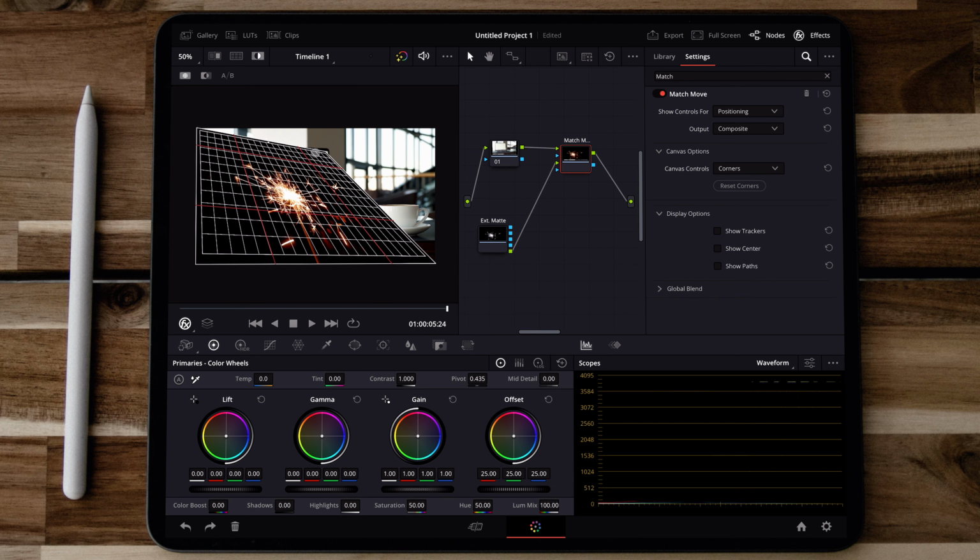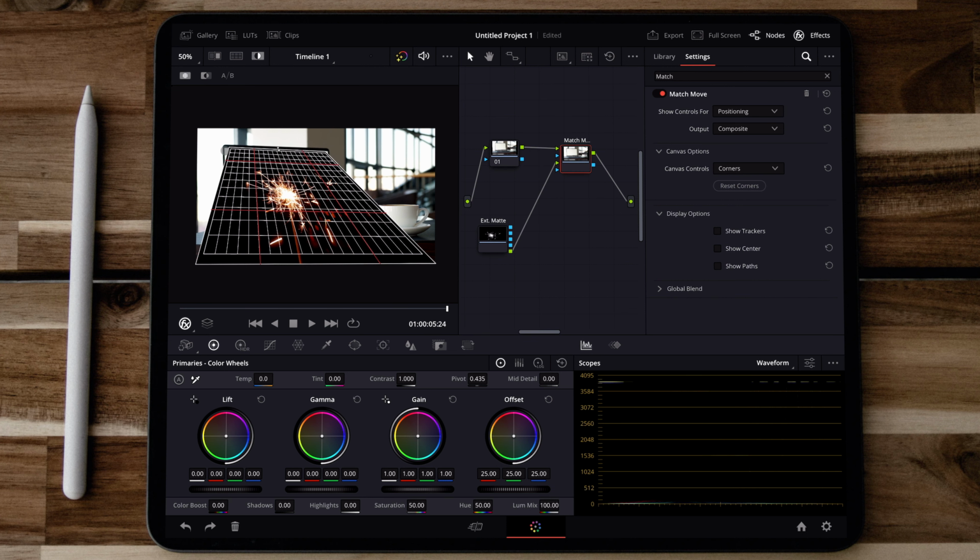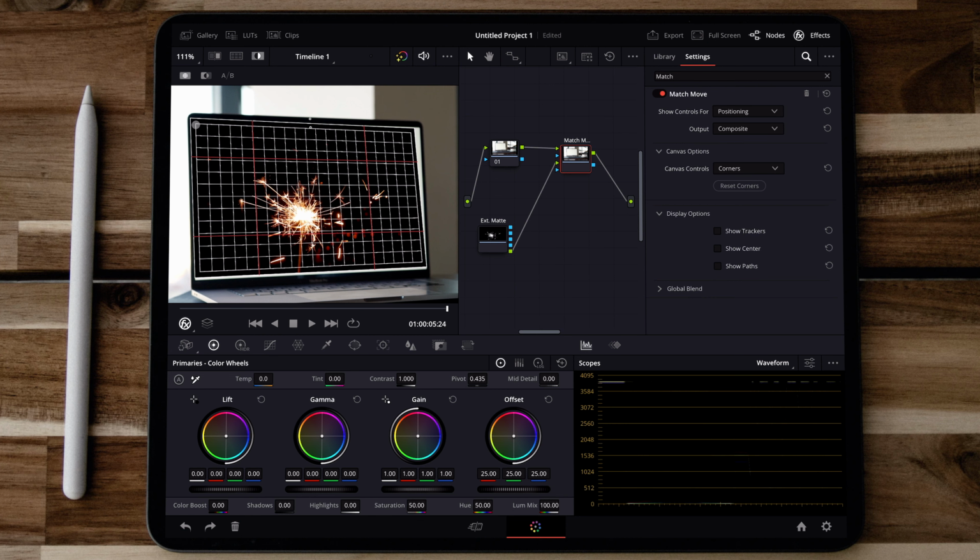And we actually want the black background on this particular clip, so we're not going to attach any of the blue outputs of the mask. We're just going to line these corners up with our laptop screen. Be as precise as you want, and you can zoom in really far and be super accurate. In this example, I'm not going to waste your time, and I just want to show you generally what the goal is. So after you get it where you like it, switch over to compositing, and you can see that